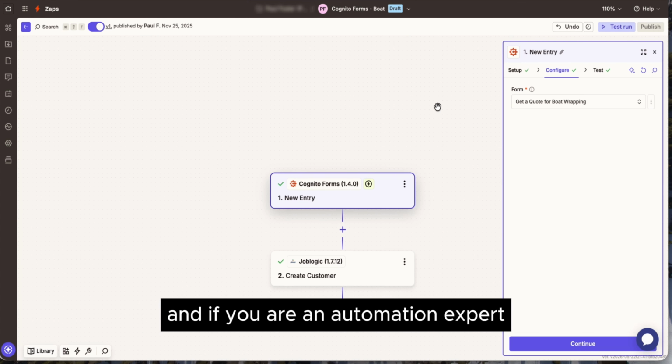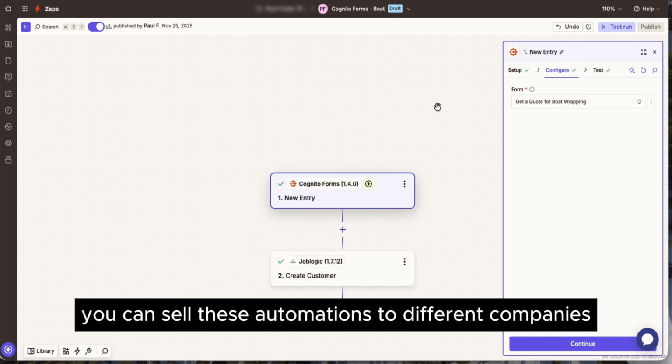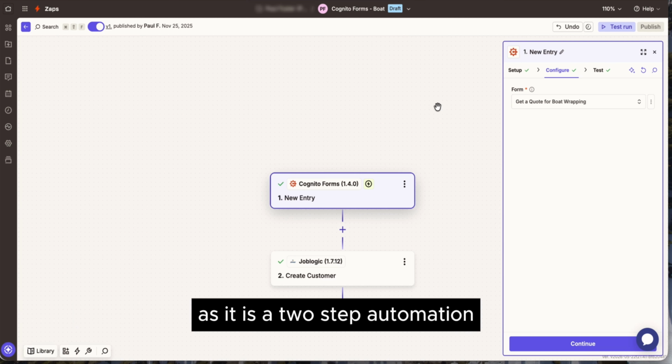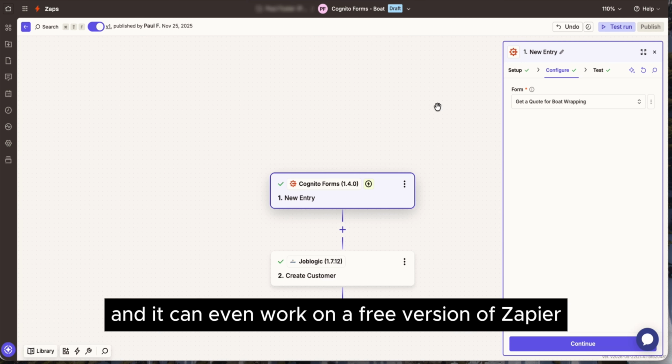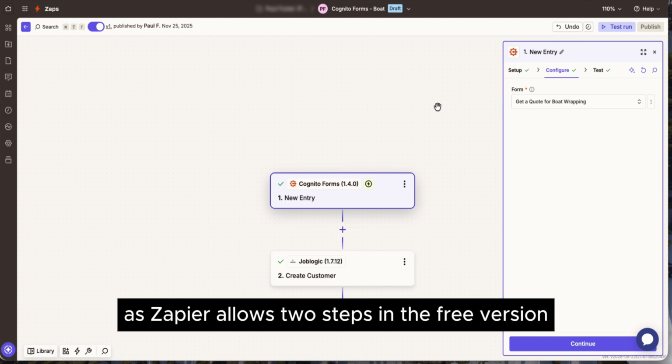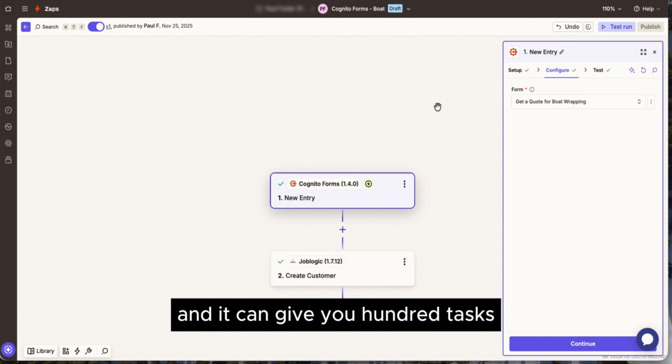And if you are an automation expert, you can sell these automations to different companies, as it is a two-step automation, and it can even work on a free version of Zapier, as Zapier allows 2 steps in the free version, and it can give you 100 tasks. So create it for you,